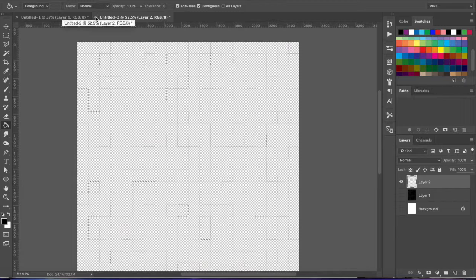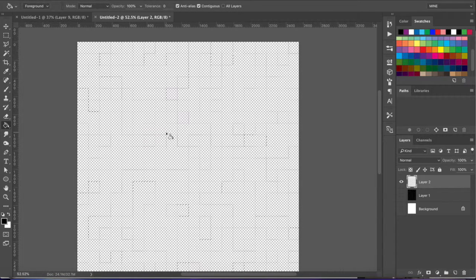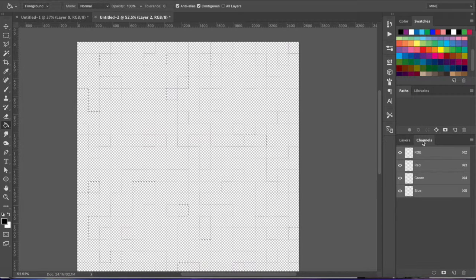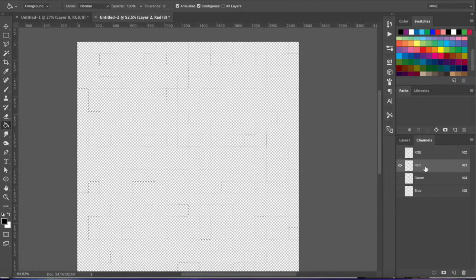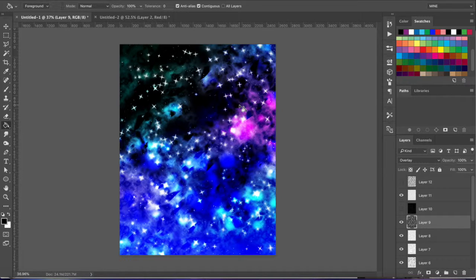Another thing you can use the whole going to Channels and copying for is fire. If you have a picture of fire, and you go to Channels, usually the red channel will have the most contrast, and you copy that, it'll copy just the flames, and then you can fill that in any color you want. So you want blue fire, make blue fire. It's really kind of cool. Anyway, that's about